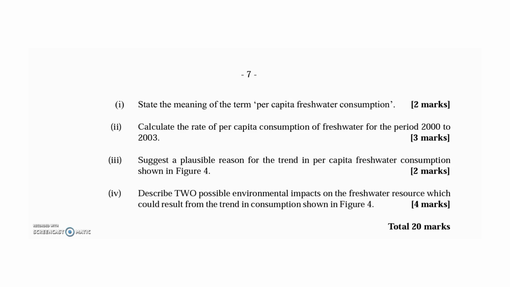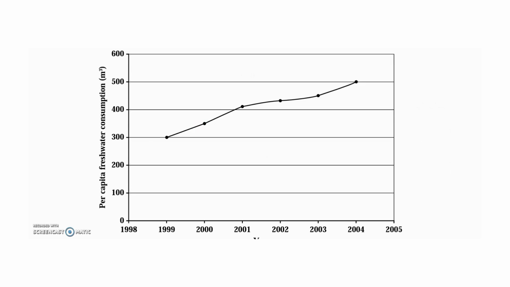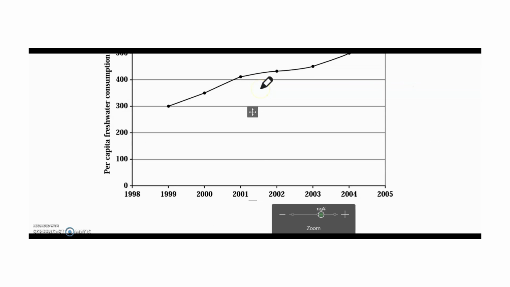Now, calculate the rate of per capita consumption of water for the period of 2000 to 2003. Let's go back to the diagram. Actually, I meant table, sorry. All right, so let's go through quickly. We are talking about the rate of increase, from the year 2000 to the year